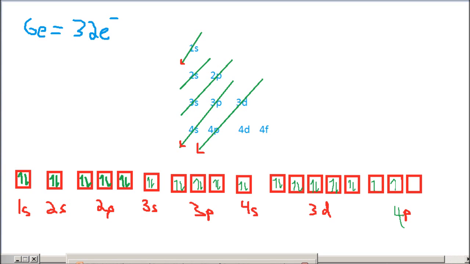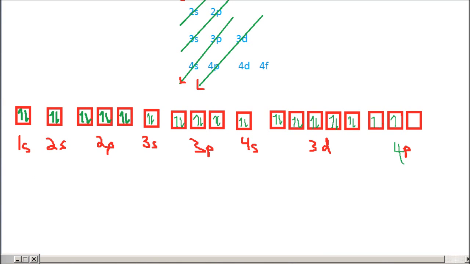So let's see what else we can do with this. Oh, we should probably write this out, right? Another thing you might be asked is to write out the electronic configuration based on having worked this out. So for germanium, you would have 1s2, 2p6, 3s2, 3p6. And now there's kind of a question: do I write the 3's first or do I write them in